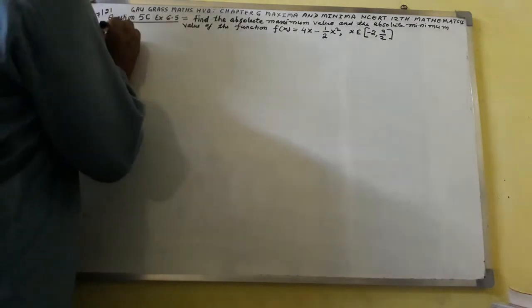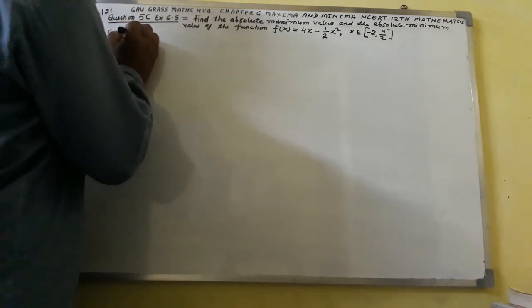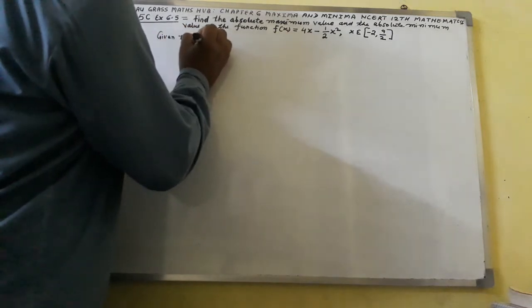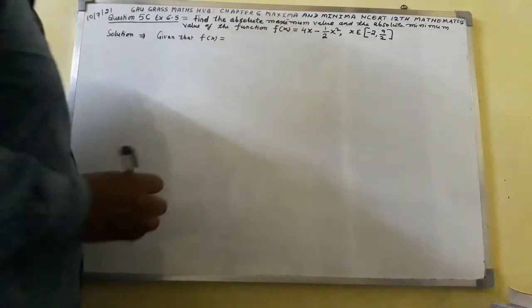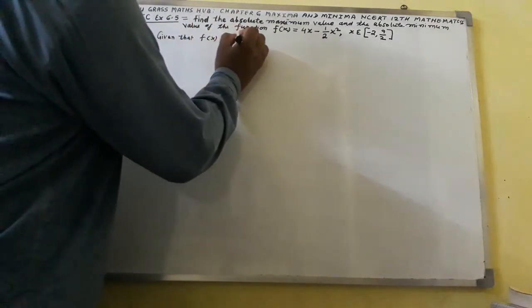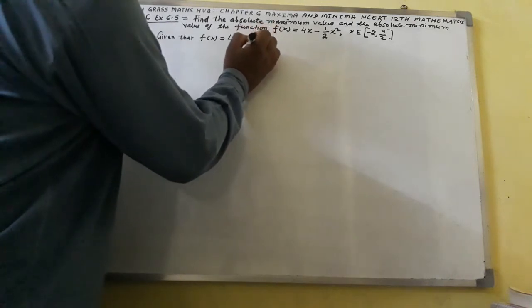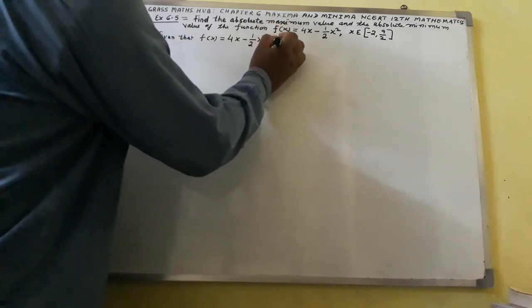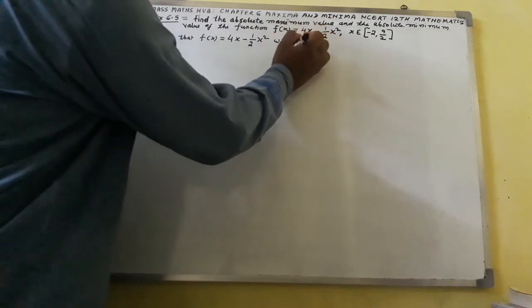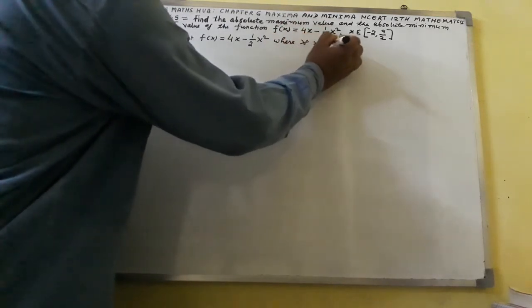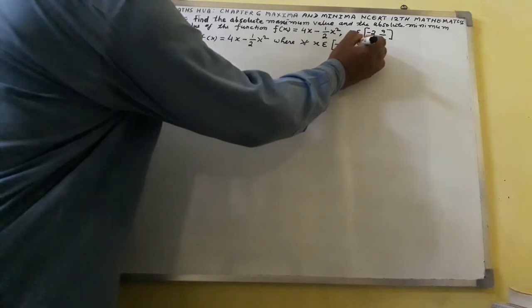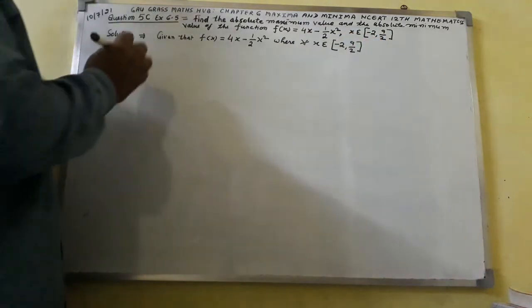Here I shall write the solution. Given that f of x equal to 4x minus 1 over 2 x square, for all x belonging to closed interval minus 2 comma 9 over 2. Again I shall write, implied that,